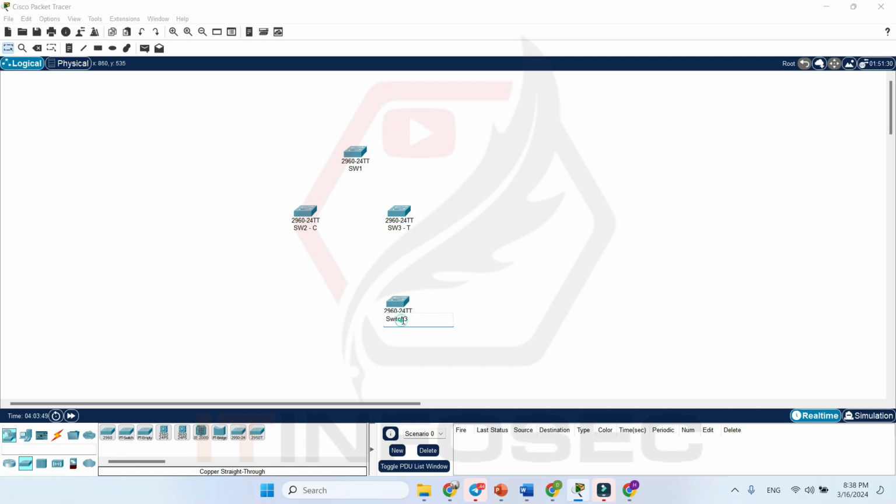And SW4, 1, 2, 3, SW4. This is client as well. VTP client, let me connect from ports